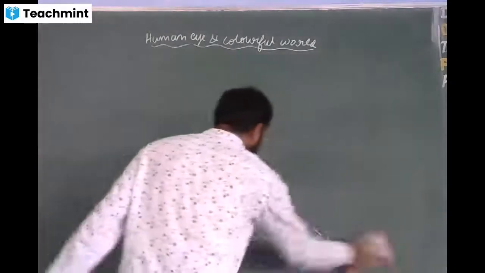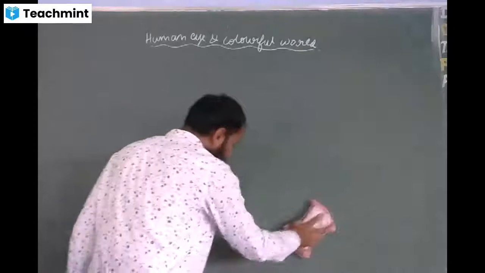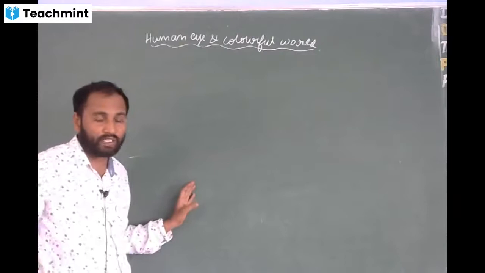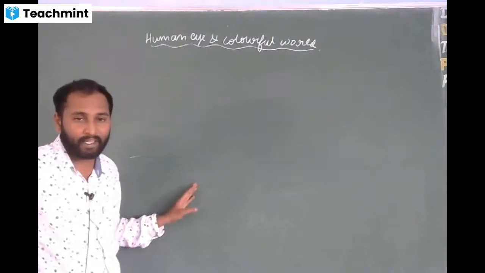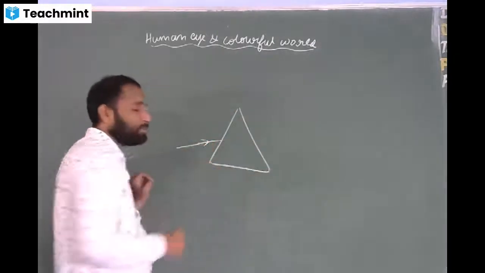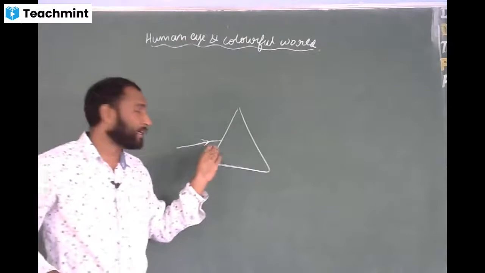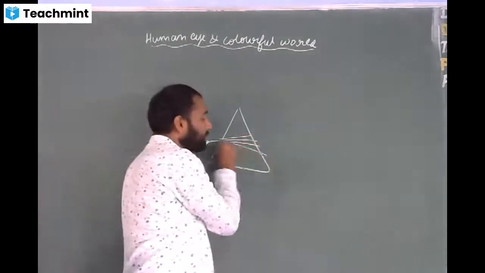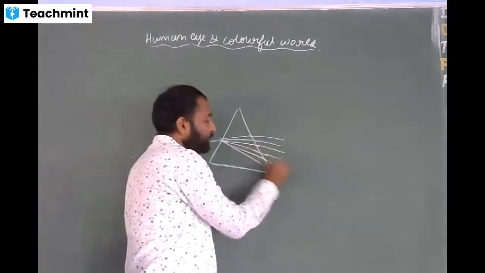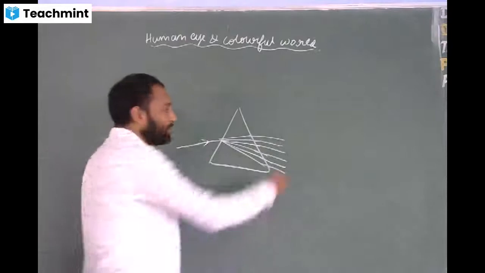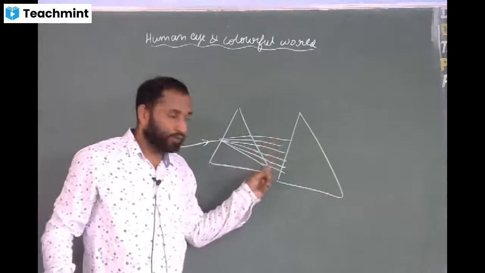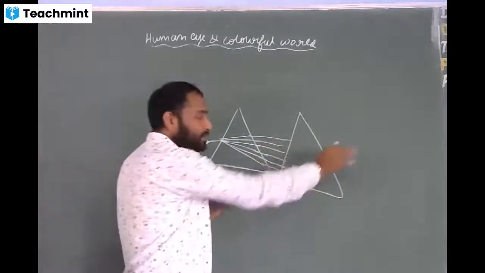Now, Isaac Newton is the scientist who first tried to split the white colored light into different colored light by using a prism. He placed one prism, allowed a narrow beam of light to fall on it, and got 7 colors, which he named VIBGYOR. Then he tried to split these individual colors further by placing another prism, but he did not observe anything.